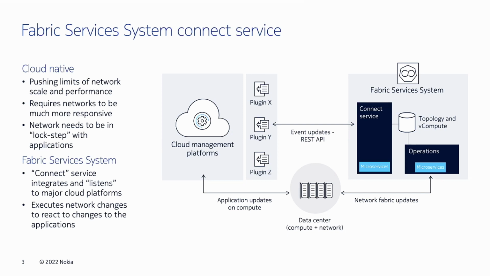A Connect, of course, obviously is playing on the name of connecting into a cloud. And the Connect service is designed to provide an easy and clean API that can be used by your cloud management systems and by plugins inside your cloud management system to connect into the Fabric Manager and to configure the Fabric Manager. We ourselves provide plugins, as I mentioned before, for OpenStack, VMware vSphere, and OpenShift, which is native Kubernetes as well. And this API is extensible, so somebody else can build a plugin if they want to and use their own system, or if they don't like our OpenStack plugin, they want to build their own very specific one, go right ahead. That's what the API is for. We give you the information to do so.